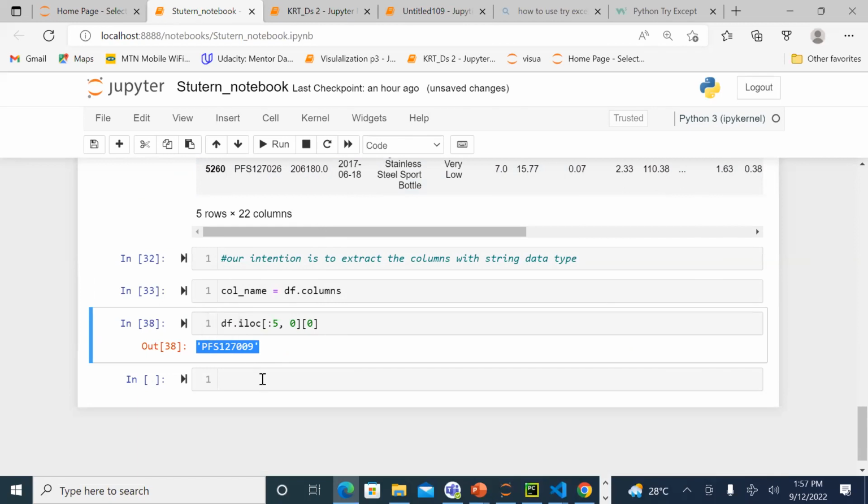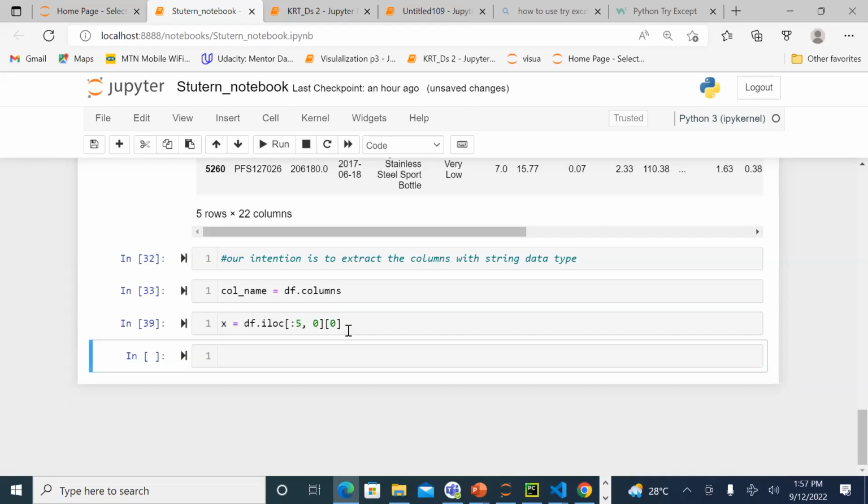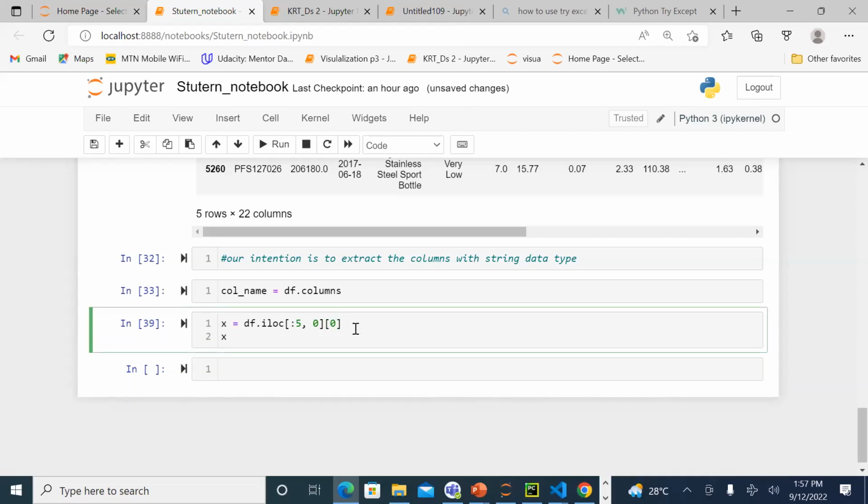Now, how do we check for a string? So what we can do is save this one to a variable called X, and if I want to check if it's a string, I can just say